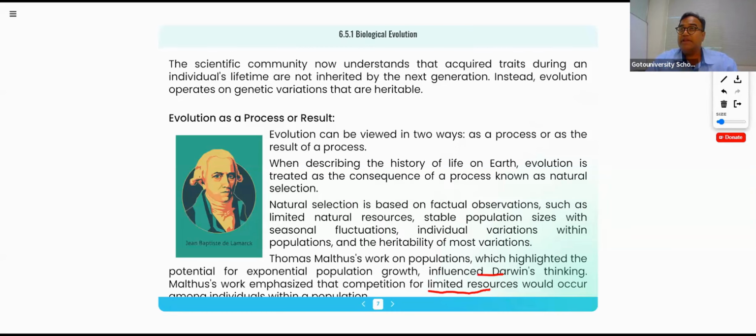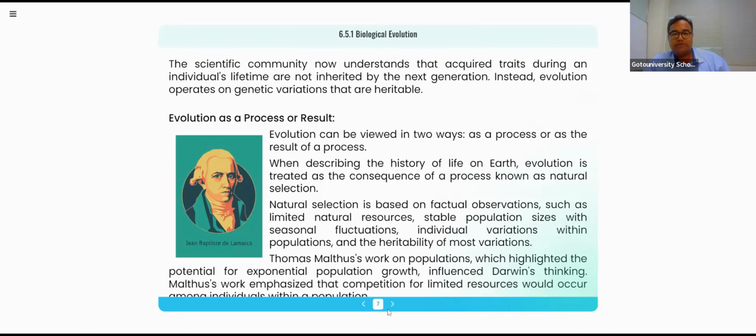He told that if you have very good adaptation features, of course you can survive, but the survival efficiency also has certain limitations. For example, if the resource is limited, then obviously you can't take much amount of resources, right? So now